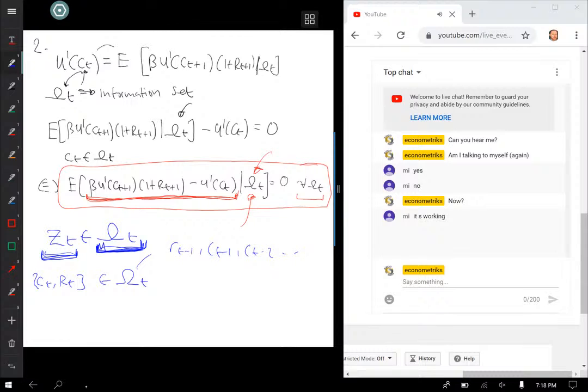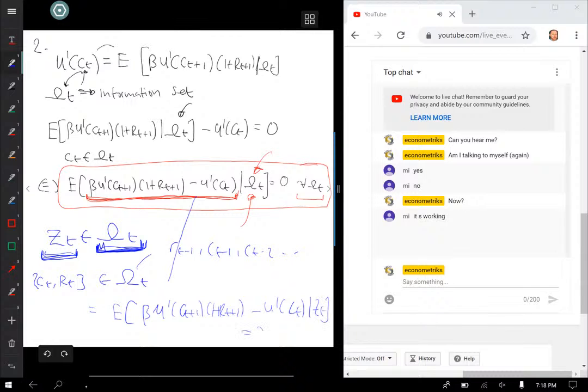The next bit was to show that this implies that the expected value of u dash ct plus 1 times 1 plus rt, given zt, equals naught for any value of zt. Intuitively you can see it will, right? The above condition says